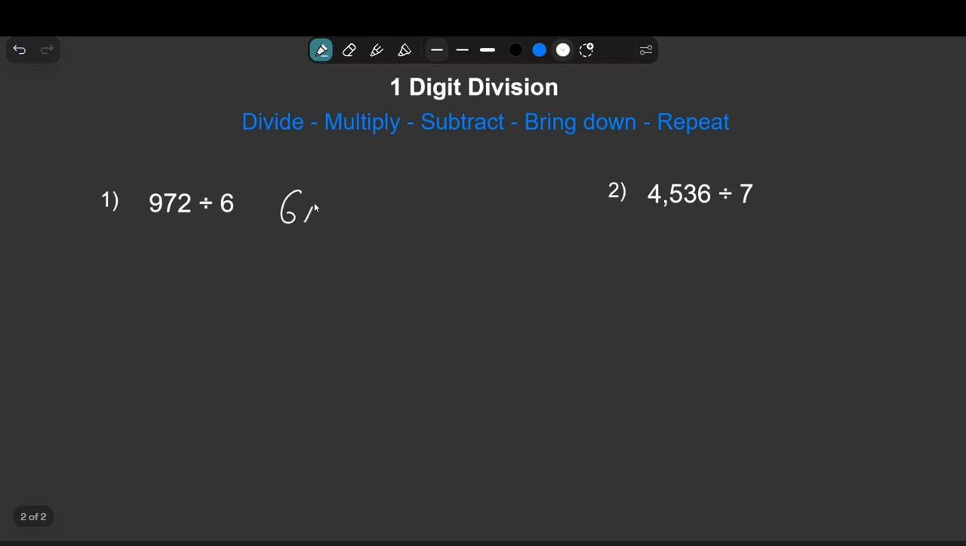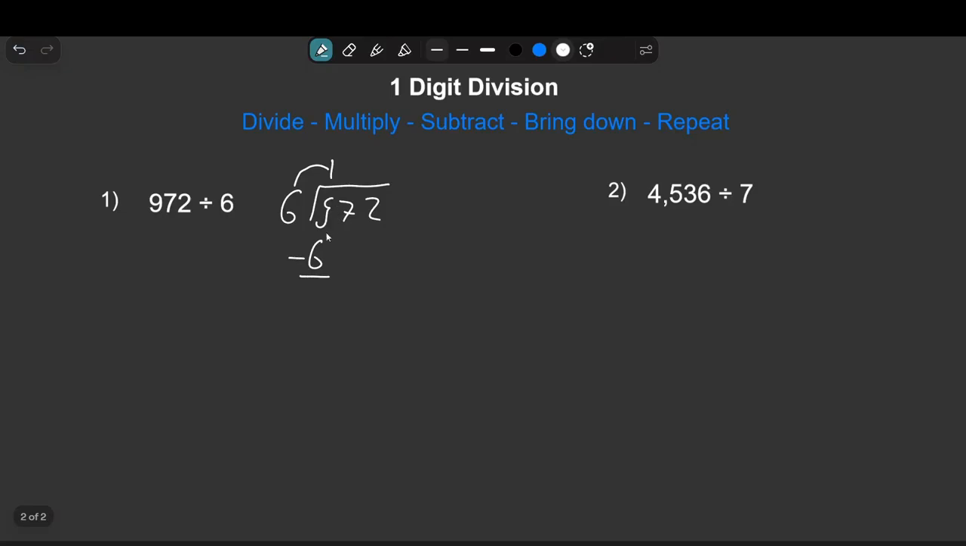So we're going to divide 972 by 6. The first step we have to take is to see how many times a 6 fits into 9. A 6 only fits one time into the 9, so we write a 1 down here. What we now have to do is multiply. So we multiply the 6 by the 1 and we get a 6, of course. So we write the 6 down here